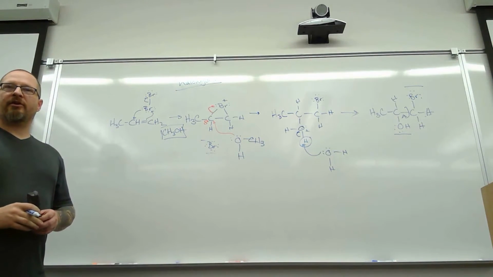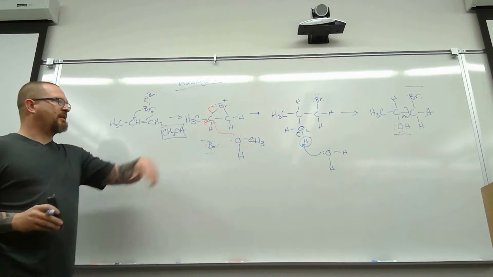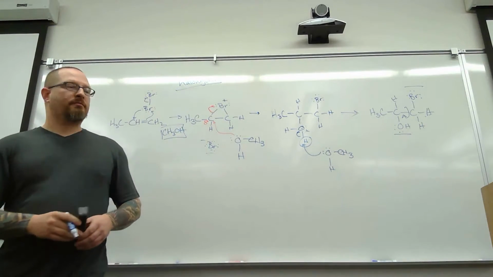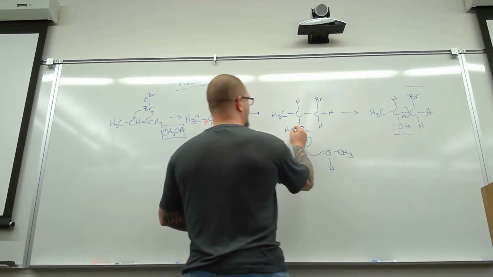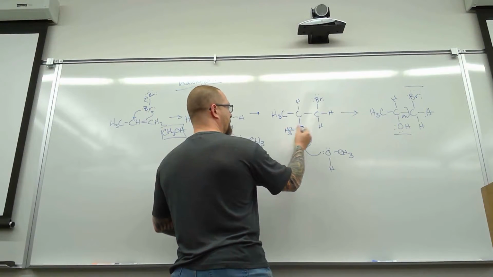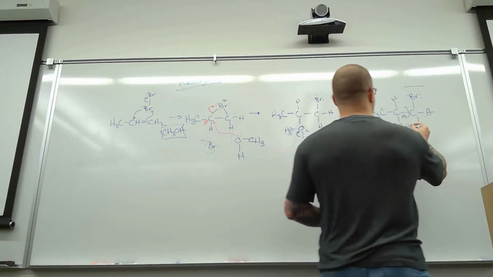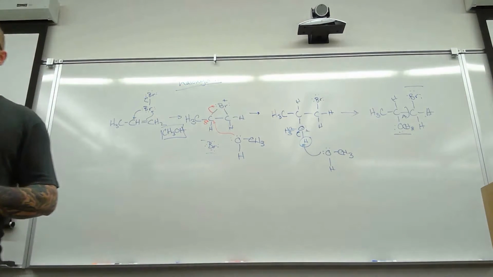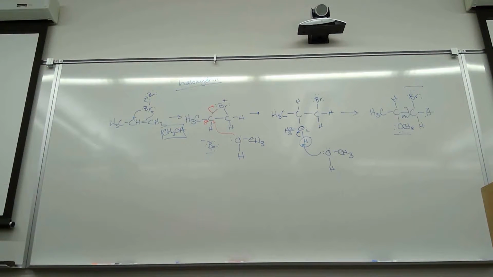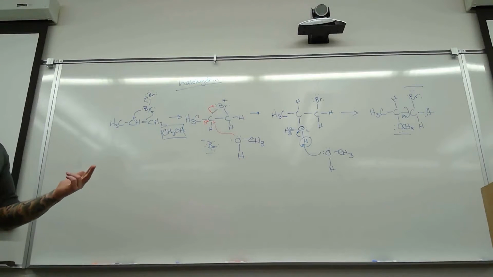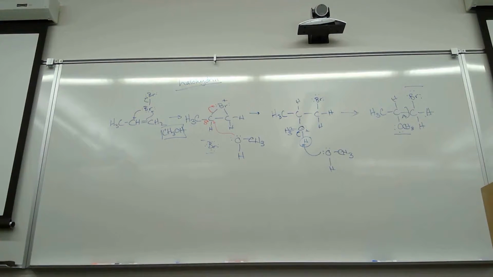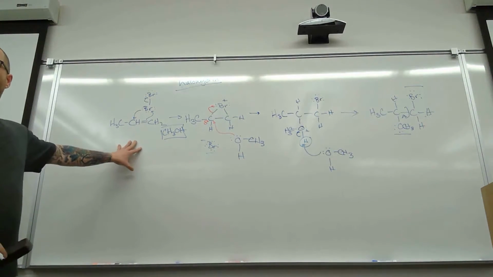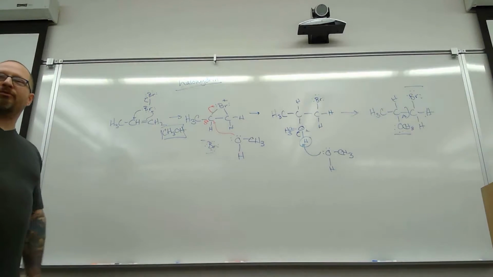Now we've got alcohol as a solvent. Exactly the same mechanism, except CH3OH. Now we have an ether instead of an alcohol attached to the more substituted position, anti-addition to the first attack with the halogen. So when you are describing this reaction, let's say you're describing some synthetic pathway because you're going